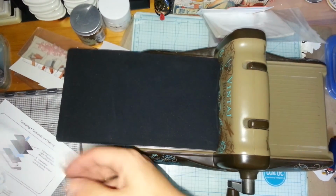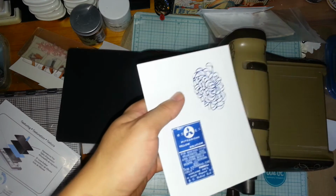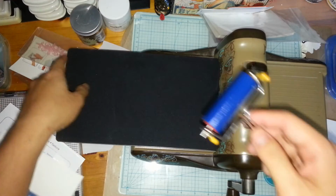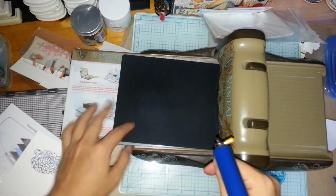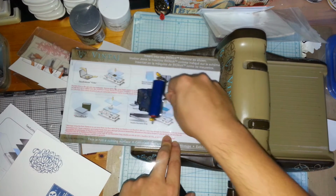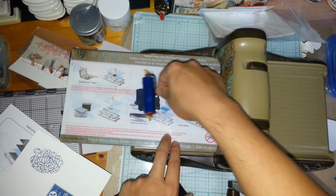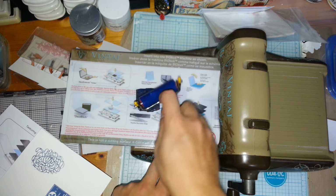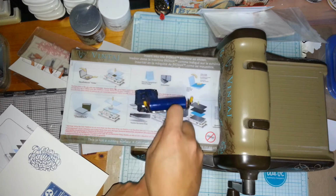I'm gonna grab the paper and position it on one of the places which is not exposed. Give myself more ink. Now for these metal ones, you cannot use pigment ink. I've tried, but then they tend to bead up, so the image comes out really crappy as well. You may want to use the adhesive to place it down so that you know it's at the right place that you want it. But for the purpose of demonstration, I'm not going to go through the trouble. Just want to show you guys that you should put down